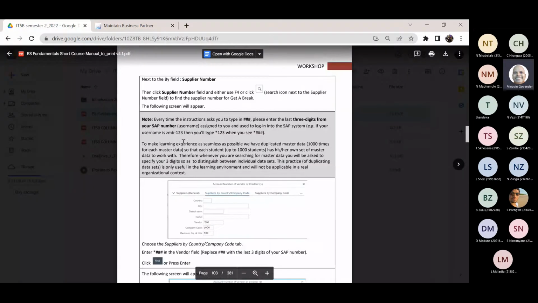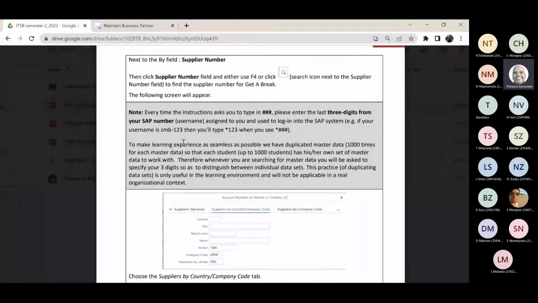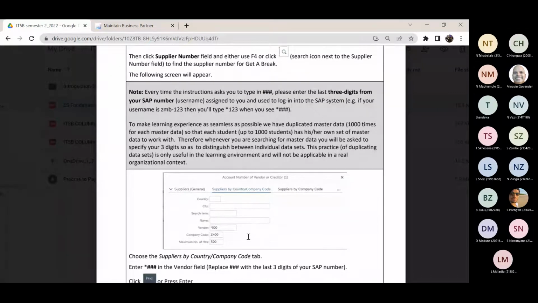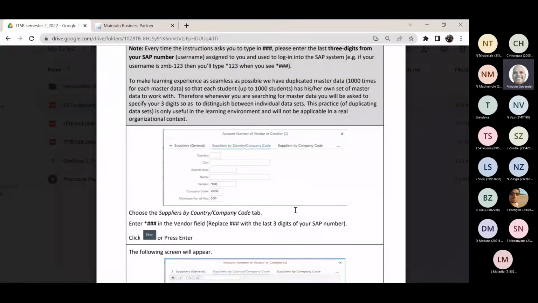Read with me. The supplier number field and use either F4 or the magnifying glass, which I did, to find the supplier number for Get a Break. The following screen appears. Every time the instruction asks you to type in ###, you need to type in your last 3 digits. And my last 3 digits was 000. Am I missing